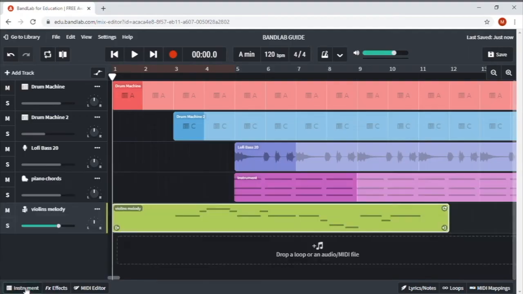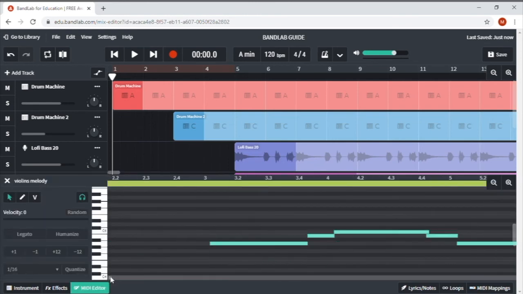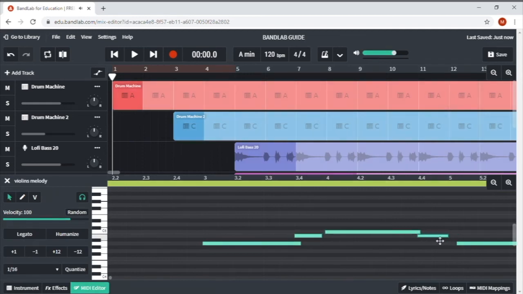So again, a melody probably sounds a bit wobbly, and chances are there are some bum notes in there that we didn't mean to play. If this happens, just click on the note that you don't want and press delete on your computer keyboard so